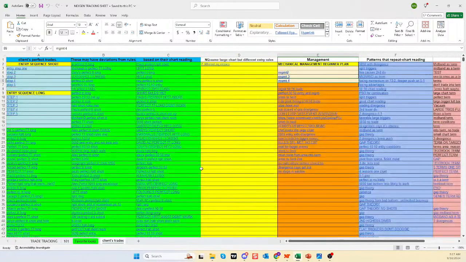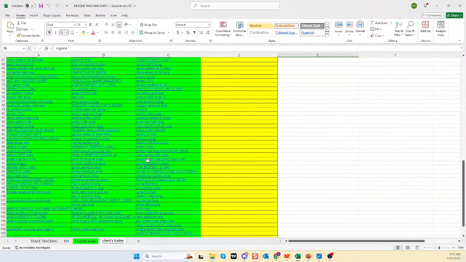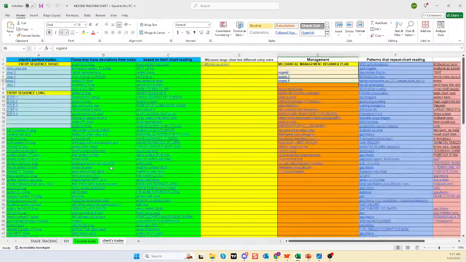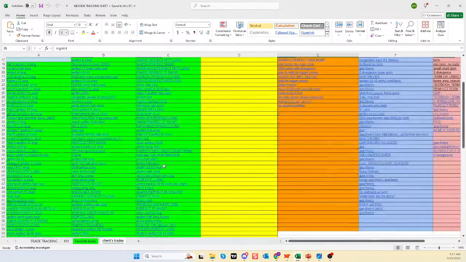And then there's a client trade section where you have the entry sequences for longs and shorts using that high probability trend trade. There's a very mechanical management plan in there that I'm going to give you in the plan that I give you. There's about 400 pictures of Nexgen users taking trades with the software, embracing advantages, getting the most out of it, great entries, awesome management. There's a section based on management, patterns that repeat themselves. And one of the things that I want to show you,